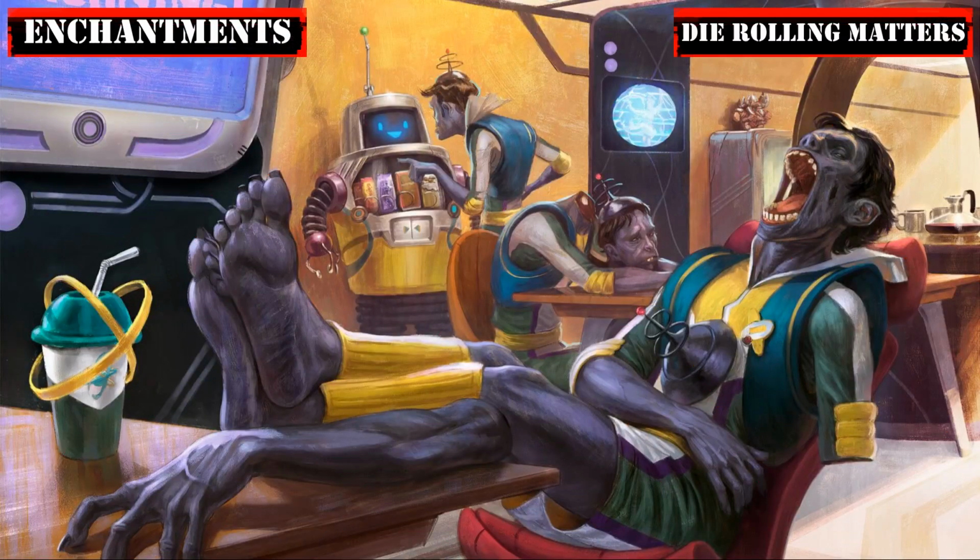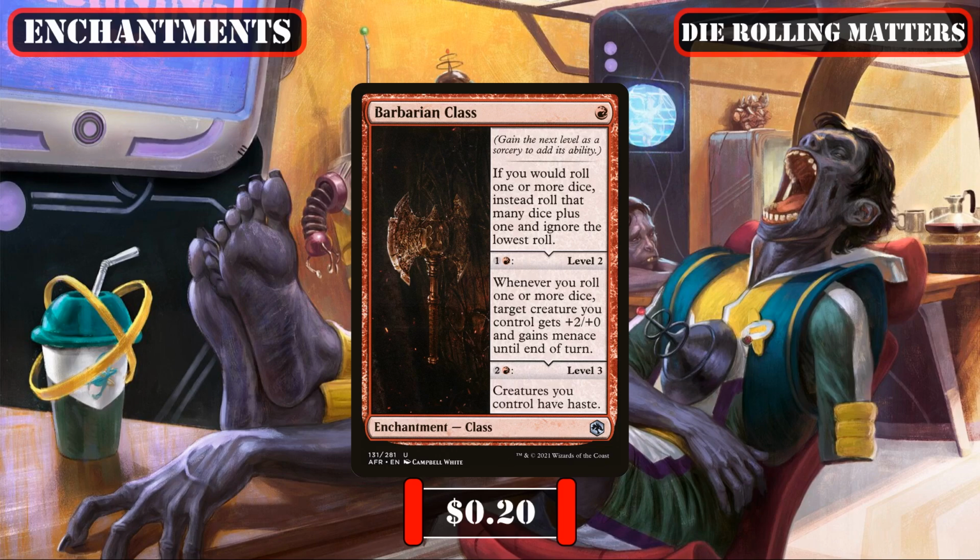Our enchantment category will only contain 2 entrants, both of which will be primarily focused around manipulating our die rolls to further stack the odds in our favor. Those being Barbarian class, which at level 1 immediately gives us an extra opportunity to roll high on all our die rolls via rolling an additional die when we do so and ignoring the lowest result to more reliably proc our commander, but whose level 2 and 3 abilities shouldn't be ignored as they make our robots hit harder, make them harder to block, and enable them to swing in as soon as they come down